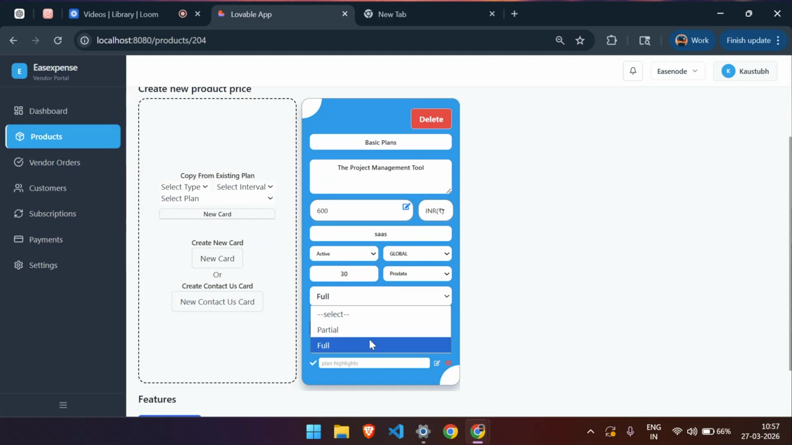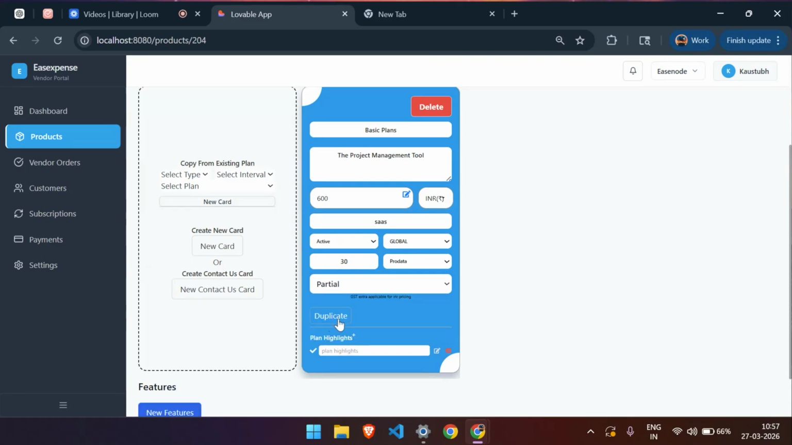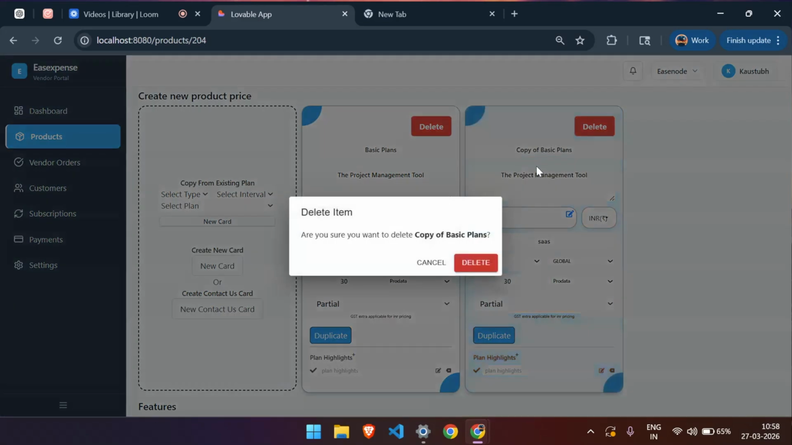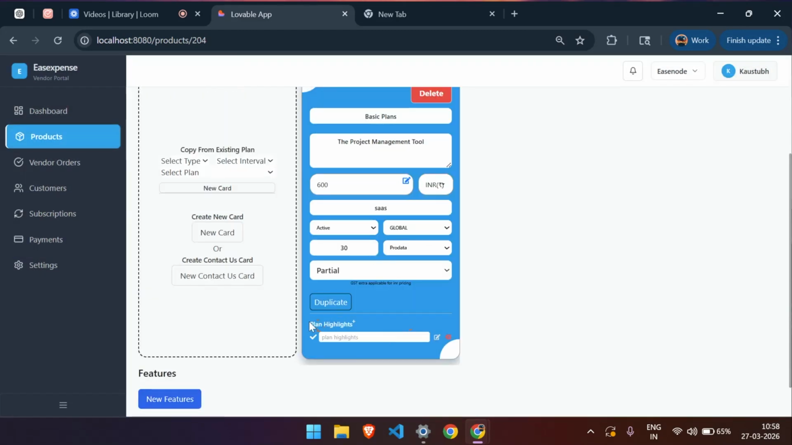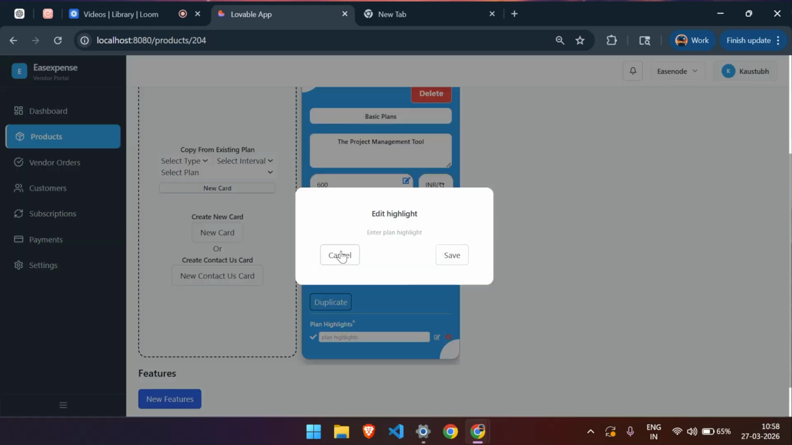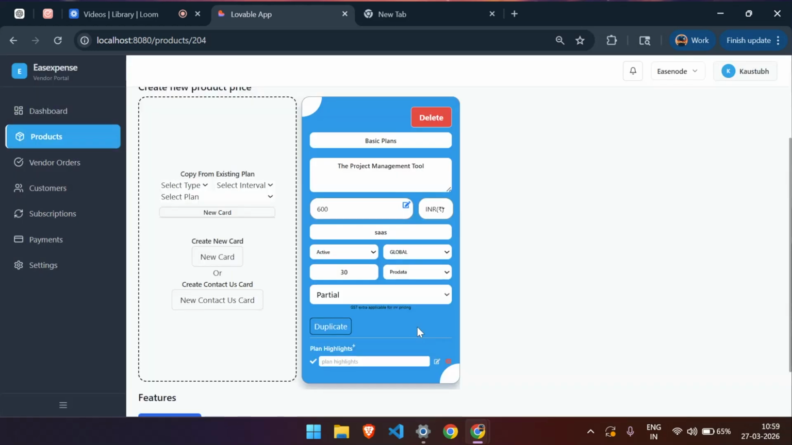You can use this duplicate button to quickly create similar plans instead of starting from scratch. Right now I don't need this, so I'm deleting this. And plan highlights. These are key features or benefits for plans. You can add multiple plan highlights, for example, unlimited access, priority support, advanced analytics, etc., by adding and saving. So this section helps you to define exactly how your plans look, cost and behave for